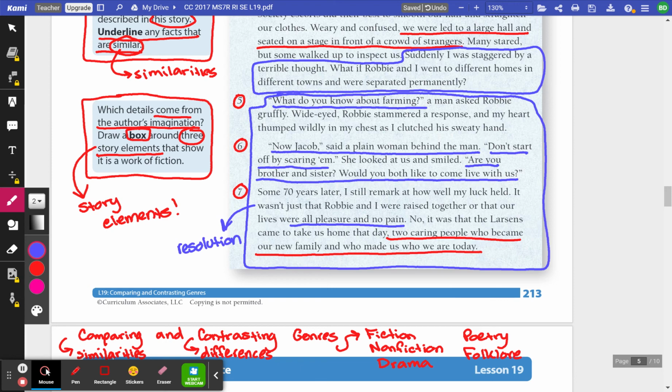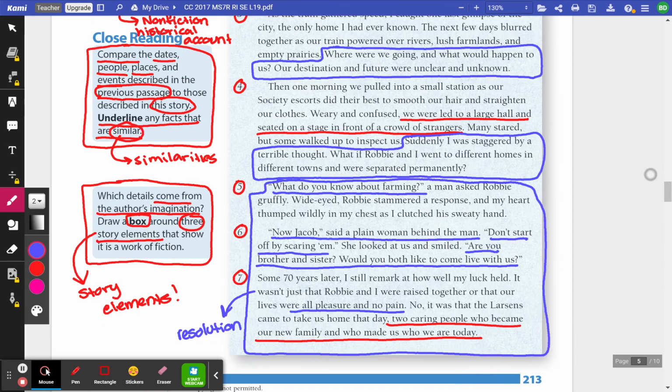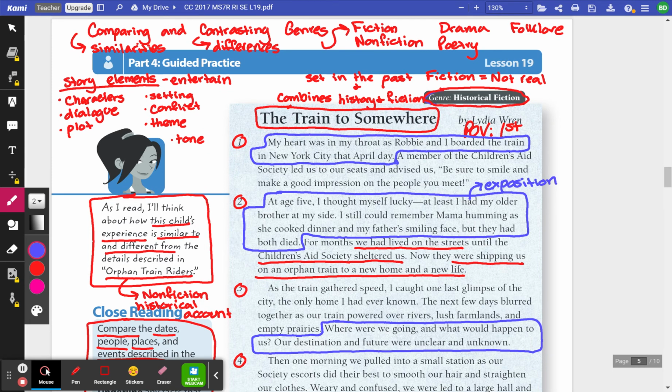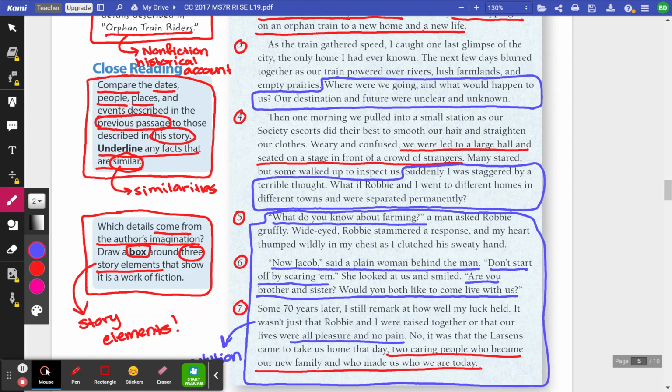So this brings us to our resolution, which once again is a plot element, and it lets us know how the narrator, our main character, feels about being adopted by the Larsons, so Jacob and his wife. So the things that we have boxed in let us know that this is a fictional story, that this is not 100% historically accurate, because it has some aspects which are invented, such as the characters, the dialogue, the plot. And throughout this,